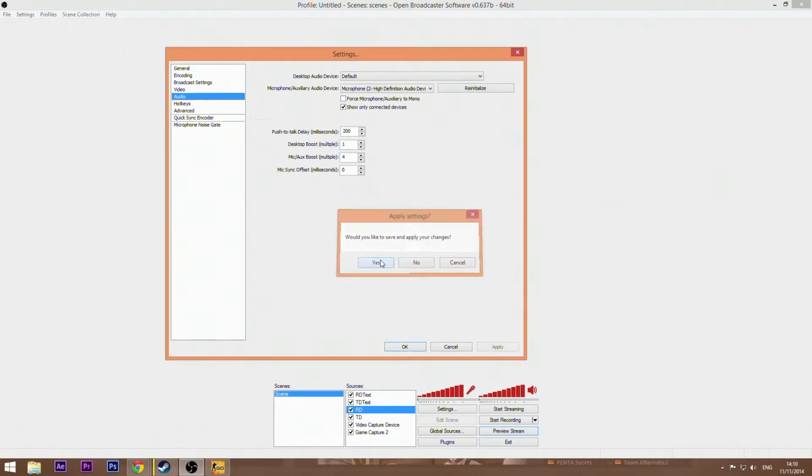For audio, this will obviously be slightly dependent on what you're using, so I have a mic boost of 4 to match my desktop audio because my desktop audio is quite loud whereas my mic comes out quite quiet. You just have to tinker around with these and play around with them. And then I use a mic sync offset of 0 because I use a Blue Snowball microphone which has about 200 millisecond